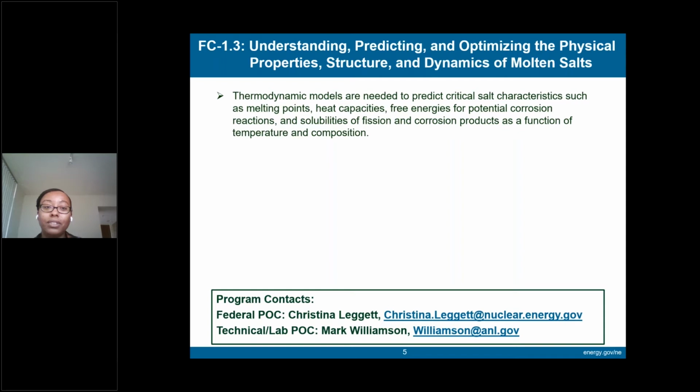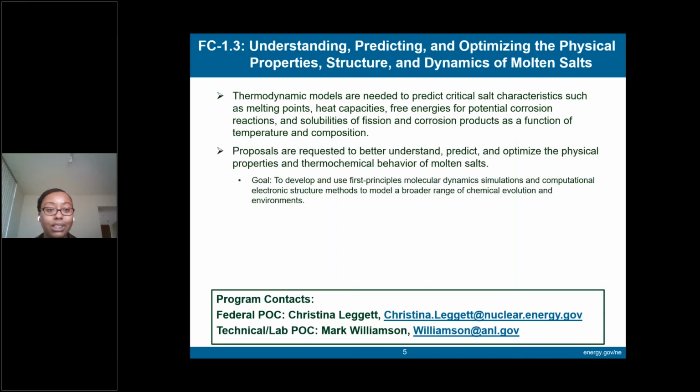And so in order to be able to address these things, we need to have experimental data, but also thermodynamic models that can be used to predict these salt characteristics like melting point, heat capacities, and other properties as a function of temperature and composition. And so for this call, we're looking for proposals that'll help us understand the physical properties and thermochemical behavior of molten salt,